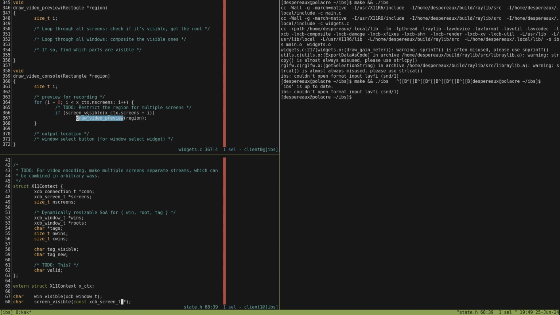But that's a pretty lame way to design your API. But it's also pretty lame to copy around that big data structure when we only need like one field. You know what? No, we don't need a screen visible. If when visible,